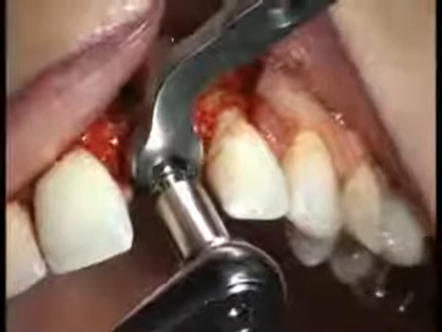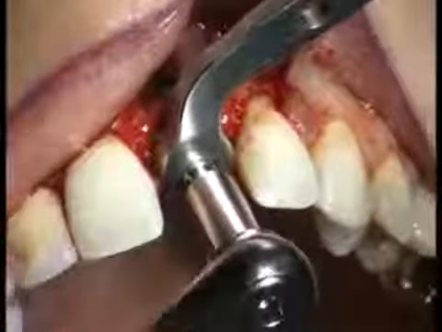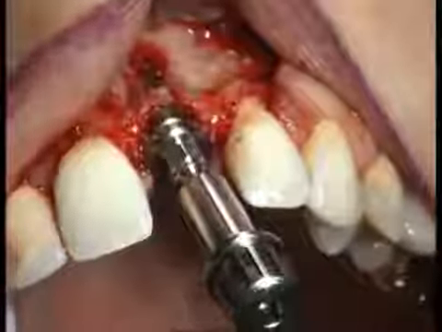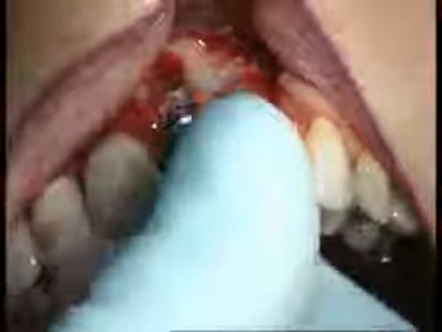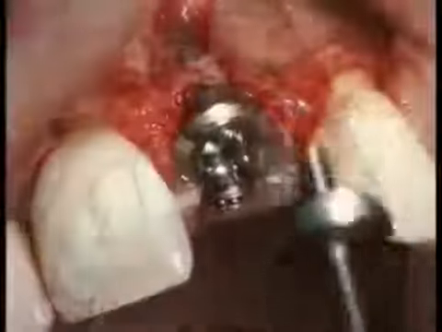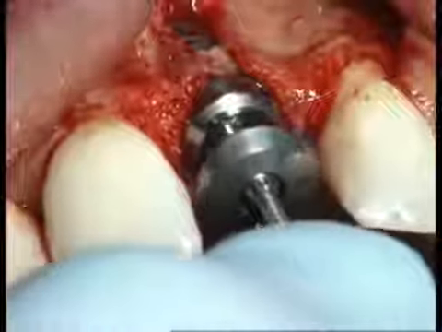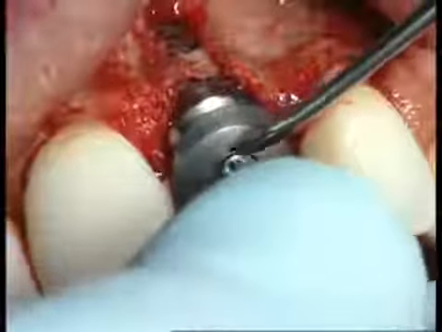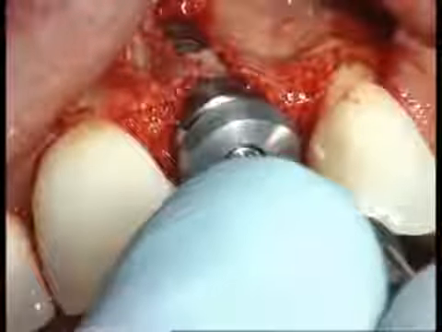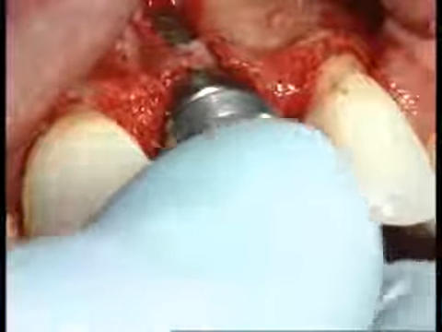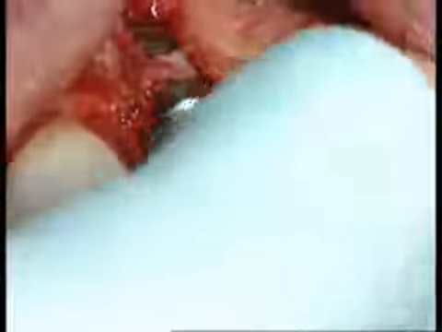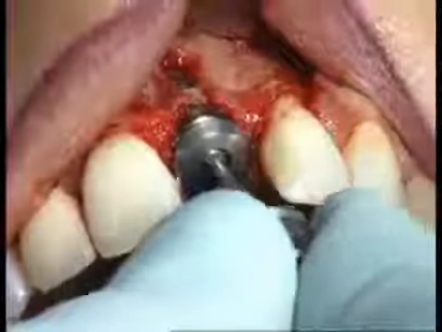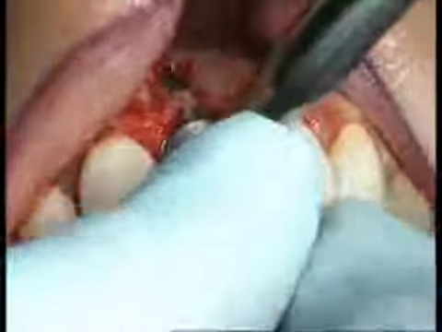The end of the holding key is used to remove the transfer part. The implant is now covered using a healing cap with labial bevel. To achieve a stable and aesthetic soft tissue result, the defect must be filled